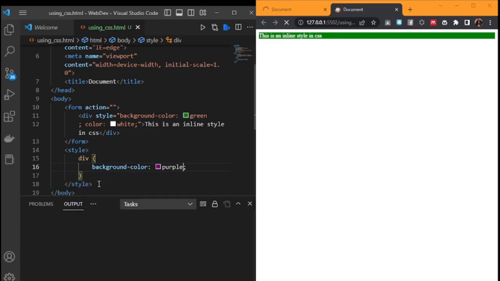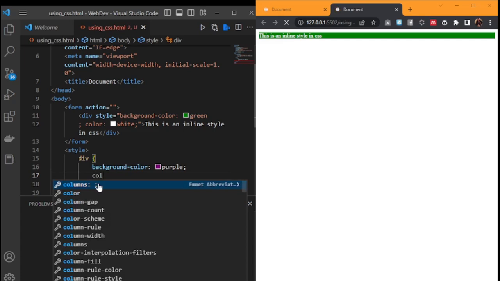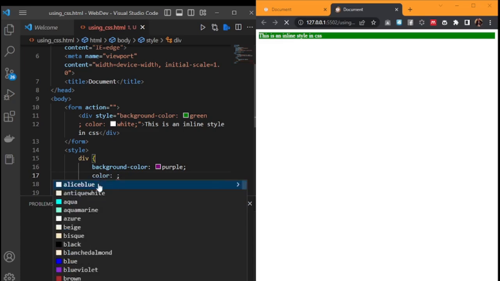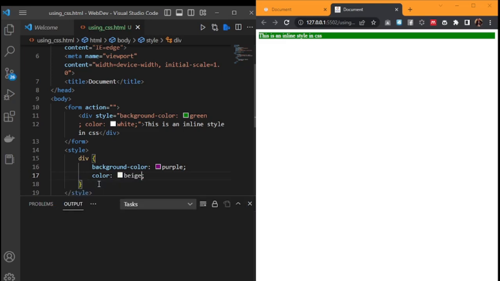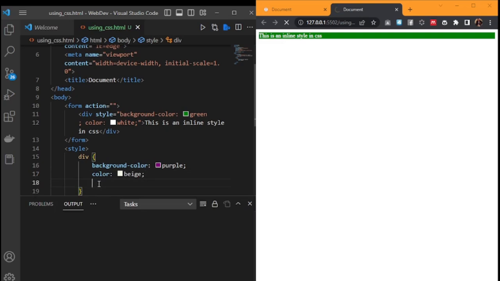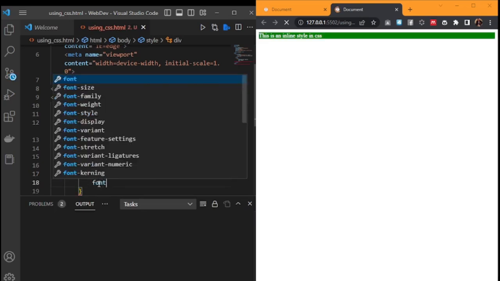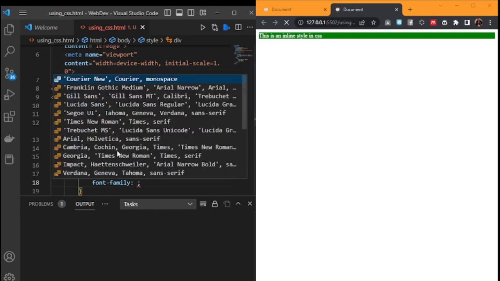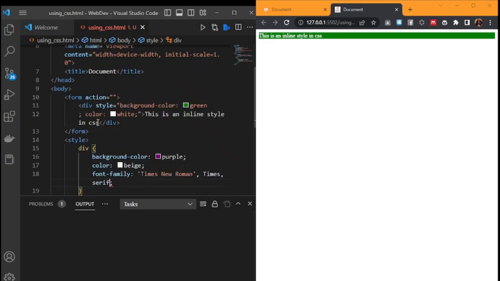Good. Then I'll use font and color. I'll specify the color, and I want the color to be base. Good. Then I also want something in the font family. I want it to be Times Roman, which is this. Good. So in this situation, you see there is no change here, because remember I told you